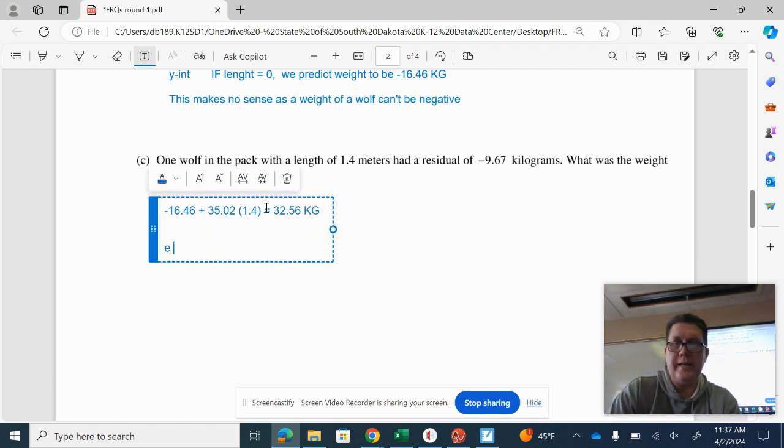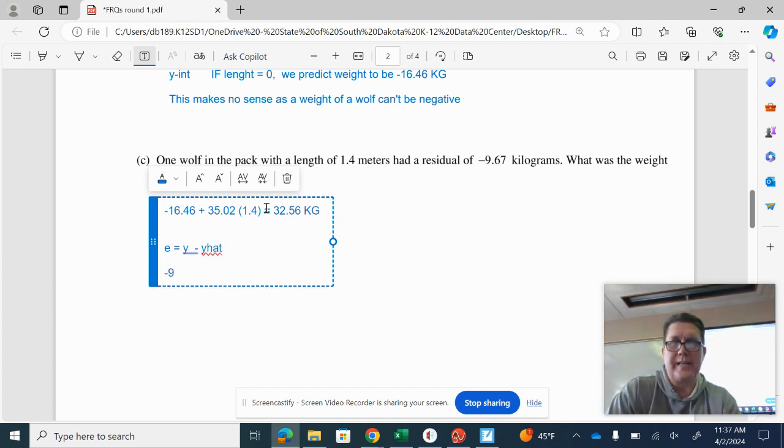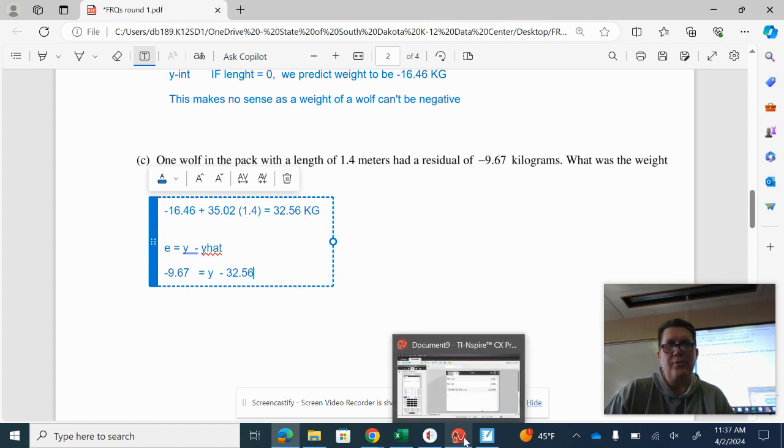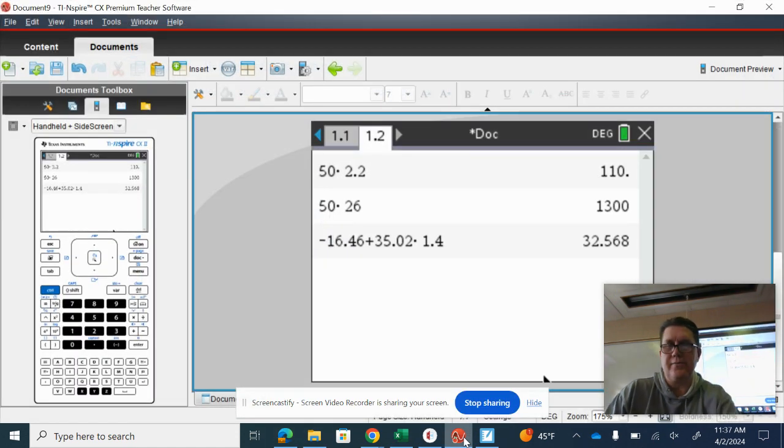Now remember, E equals y minus y hat. You always subtract the mean. The mean is our prediction that came out of there because the line is the prediction. So it's y minus 32.56. And you're like, where did the negative come from? We predicted positive 32.56 because in the formula it's negative. But then you would solve this and you would add 32.56 to the negative